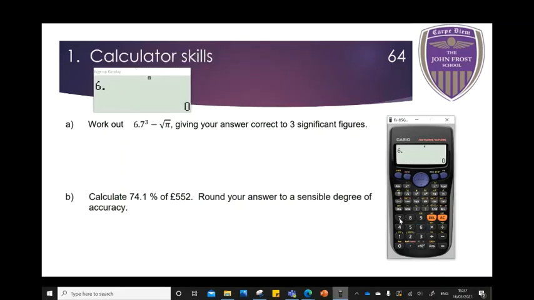So you do 6.7 to the power of 3, and that's usually this x with a little square above it, which tells you to put in x to the power of something. You do x to the power of 3, then take away, then square root, and pi is shift and the pi button on the calculator. You press equals, and we get